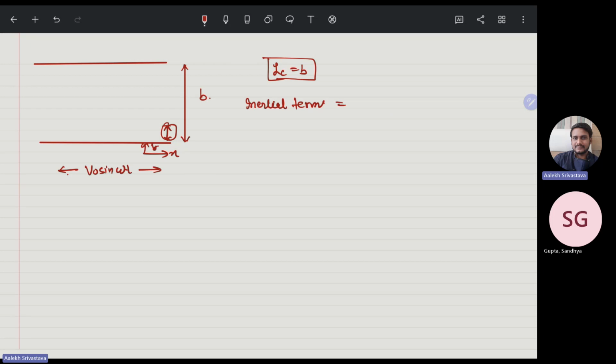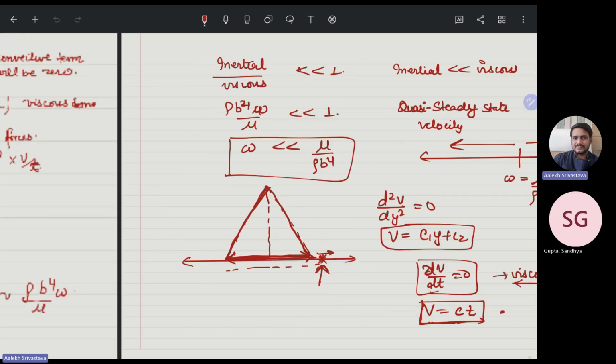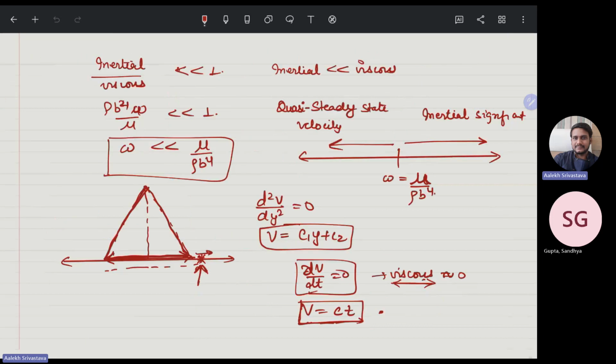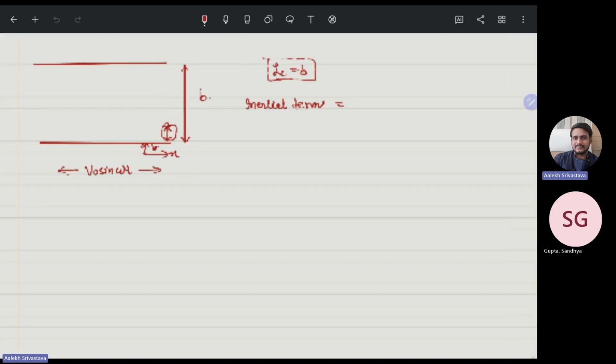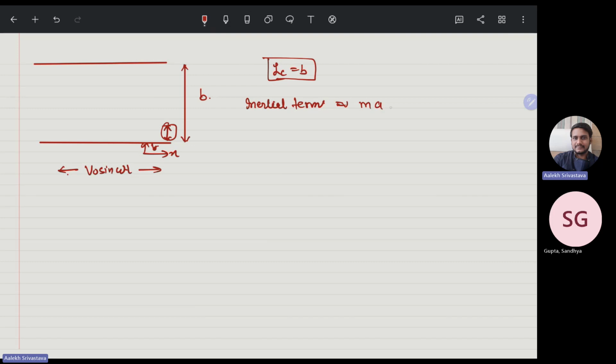So the inertial term will become mass into acceleration. It is rho LC cube into V by T. So rho into LC cube, LC will be there. It is not equal to B, into V0 into omega. Now the viscous term, if you say the viscous term is